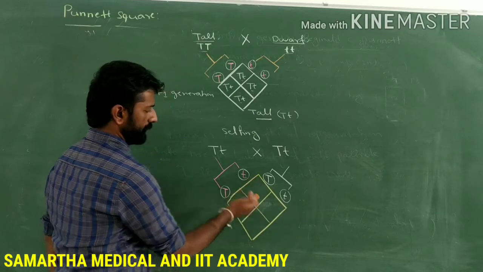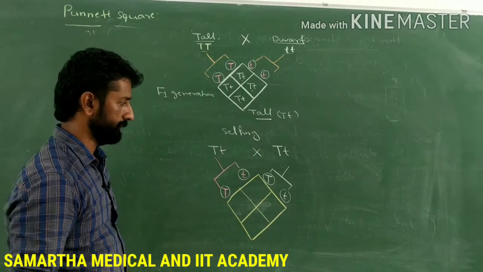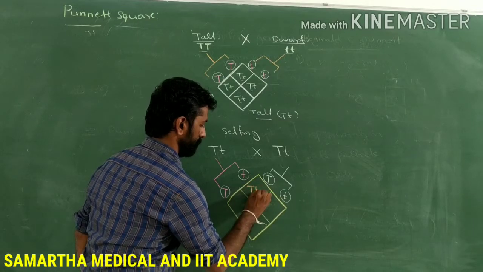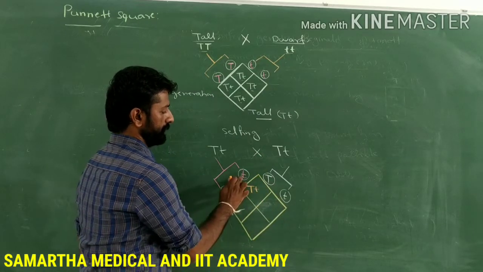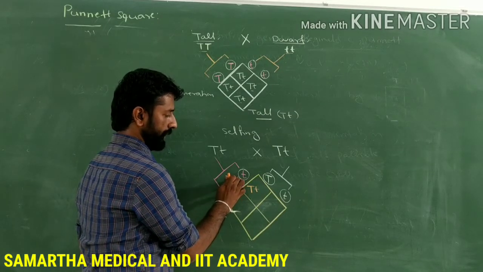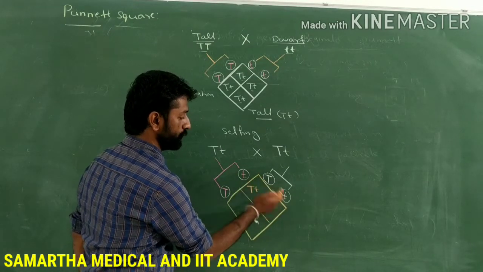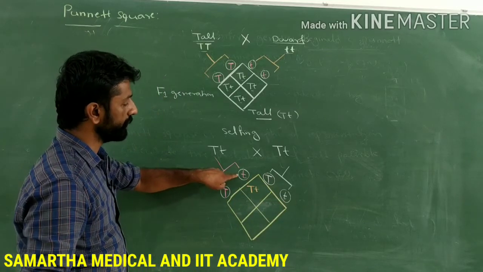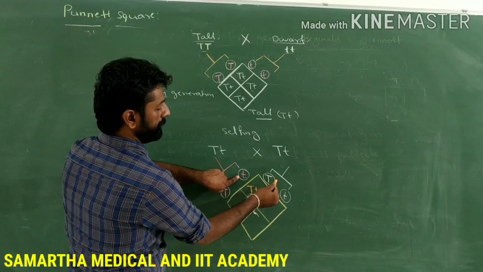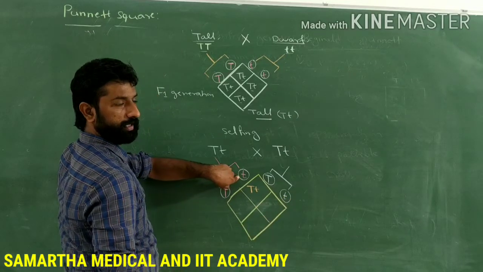So what are the possible combinations here when the F1 individuals are allowed for self pollination? Their combinations, that is capital T, small t, one combination. This allele or this pollen or the gamete will have 50% chance to fertilize with any one of these two gametes. Consider if this one is considered as an egg, this egg can be fertilized with either the pollen containing the dominant allele or the pollen containing the recessive allele.